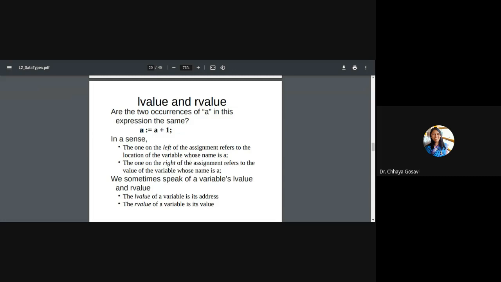And a on the right hand side of the assignment refers to the value of a variable whose name is a. So we have seen the attributes of a variable. A variable has name, location, type, scope, lifetime, and value. So on the right side it will represent value and the left side will represent location.